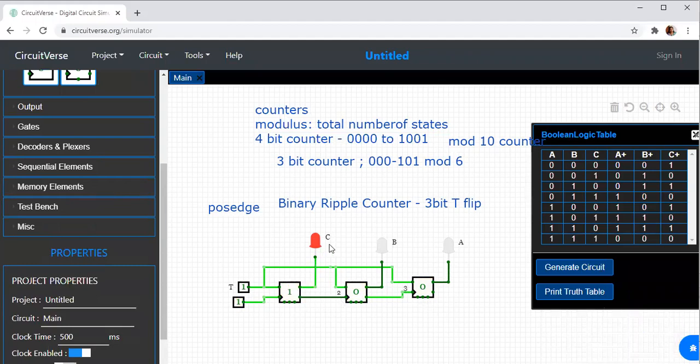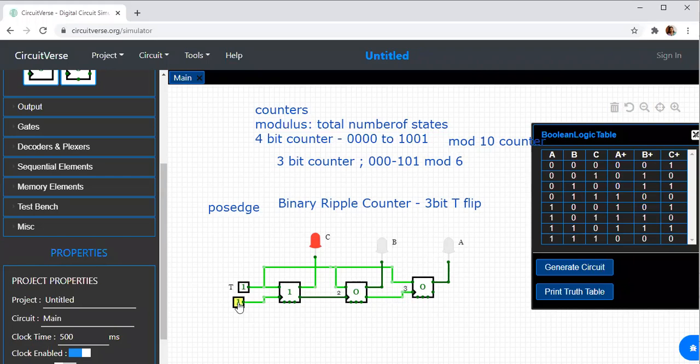The previous input was 0 over here, so the next input will be 1. When the previous input is given to the clock, what was the previous input for this flip-flop? It would have been 1, so it will come back to 0. Similarly here, the previous input would have been 1, it will come back to 0.